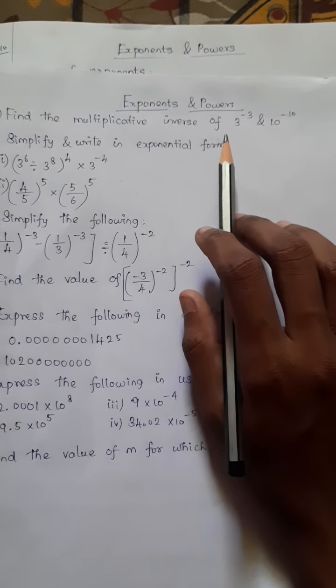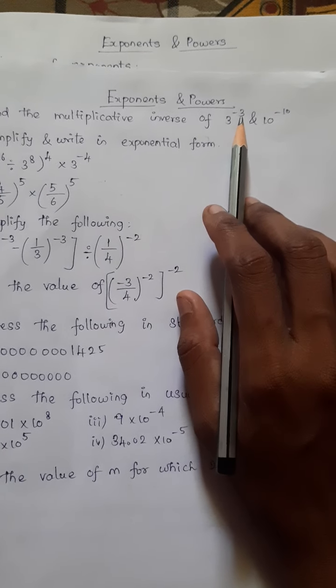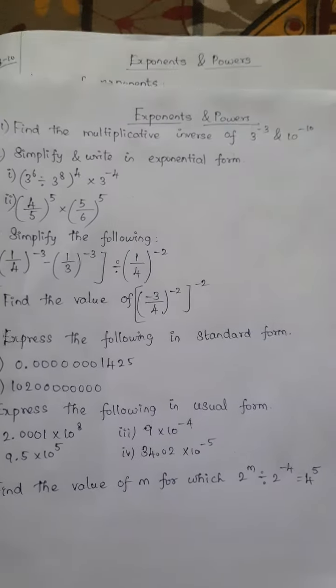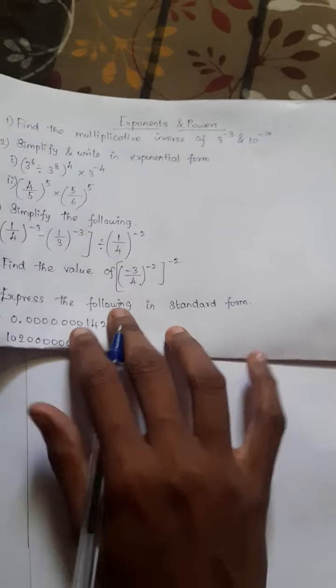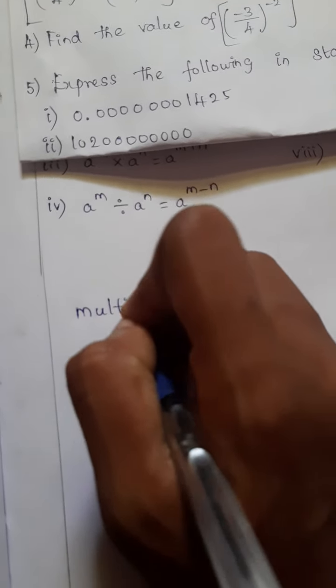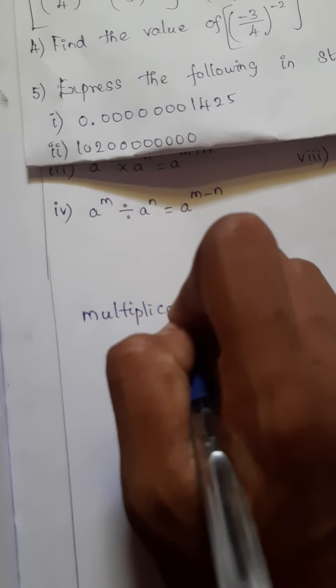Now we are going to find out the multiplicative inverse of 3 power minus 3. So multiplicative inverse is nothing but,